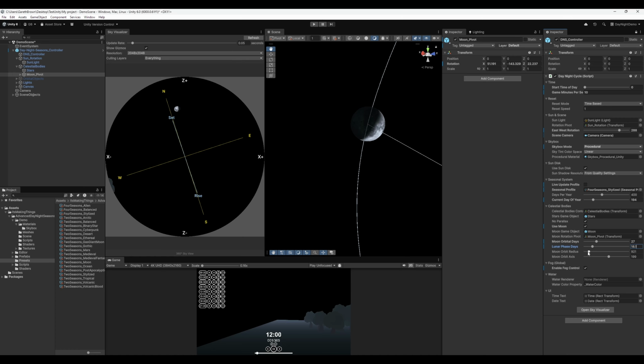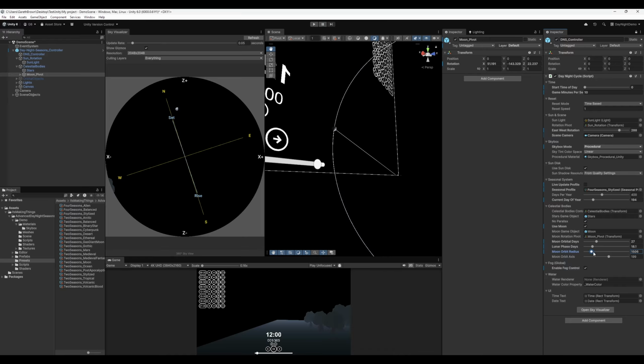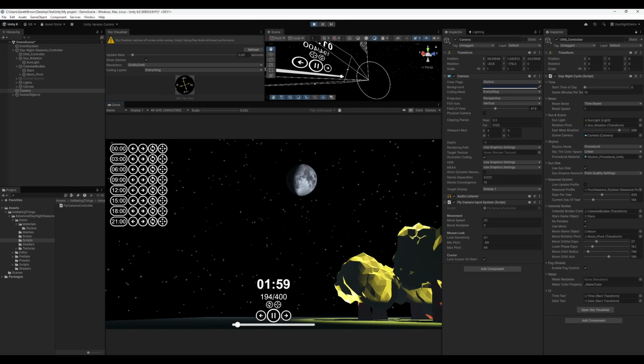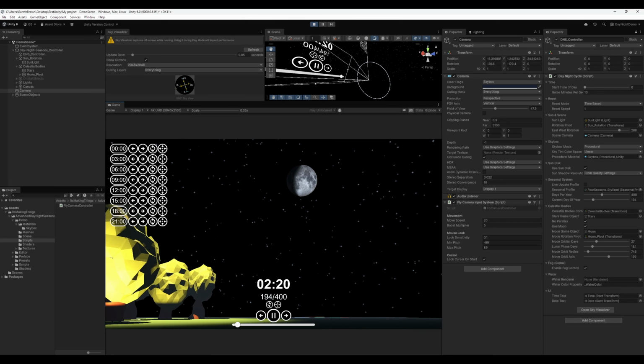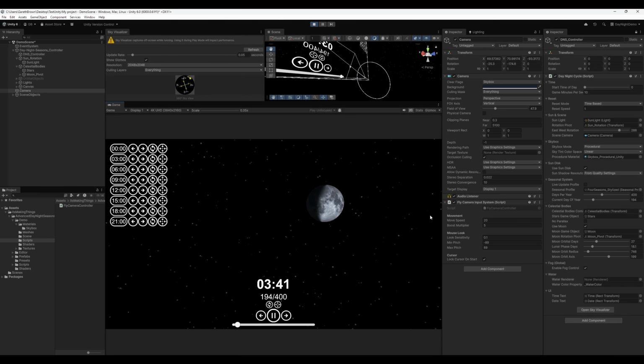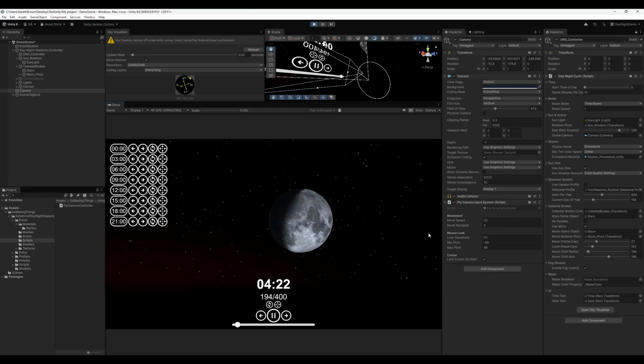The Celestial Bodies container allows you to prevent parallax for stars and other distant objects when no parallax is enabled. With no parallax enabled, the moon doesn't follow as we move around, making it look very distant. If I disable the parallax checkbox and move around, you will see we can fly right up to the moon, making it appear very close.